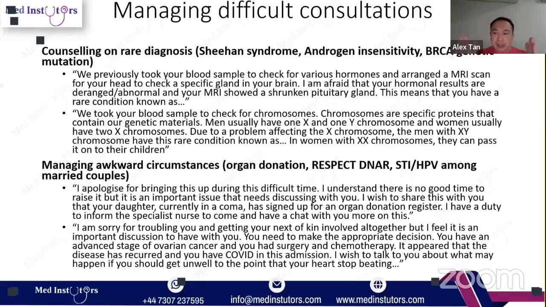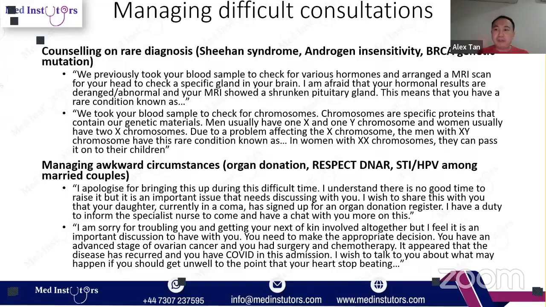Stay calm, learn the template, introduce yourself, confirm the patient details, ask what can I do for you, take a quick history, find out what they know about it, and then do your best to draw on what you know. If not, explain in simple terms or summarize at the end, give them a leaflet, refer. If this is something that you are not sure of, don't make it up. Don't say things which are not true. Don't say things which sound impossible, because the examiners and role players, they have experience, they know that it's not true.